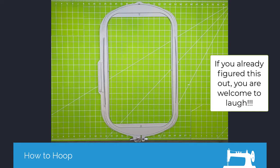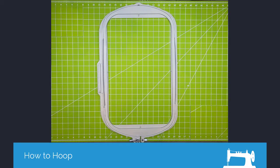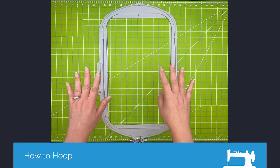Here's another little tip. With hoops that are this large, it's hard to get a good tight hooping all around. So just beware of that, even though it's great to have the huge hoops. Sometimes they can actually cause a little bit of trouble. I'm relatively short, and when it comes to hooping these giant hoops, it's pretty difficult even standing to get a good even pressure